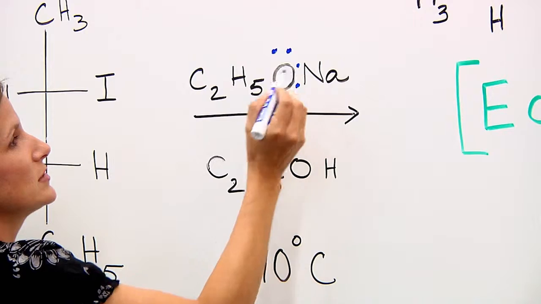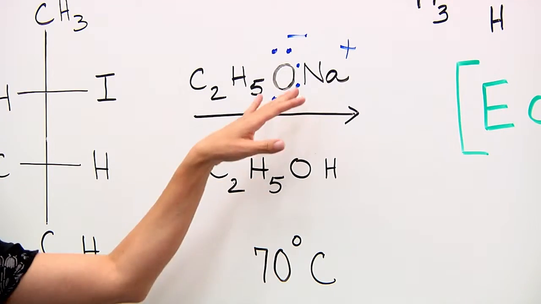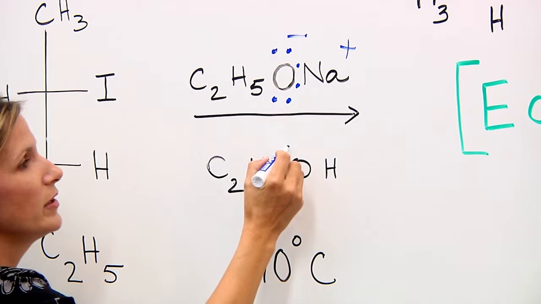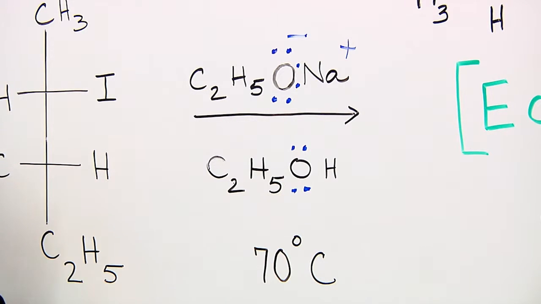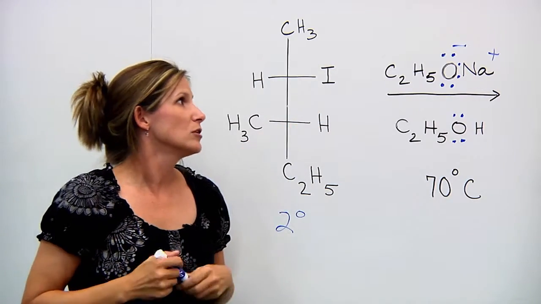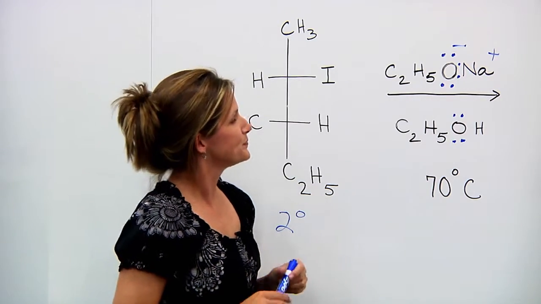On the sodium ethoxide, we can see that we have an overall negative charge, and we have a positive on the sodium, which will act as a spectator. Down here on the ethanol, we can see that we've got electron pairs but no overall charge. So between these two, the sodium ethoxide is going to be the stronger of the two, and it's going to be your acting reagent.